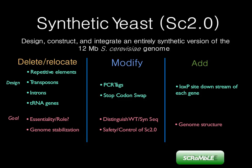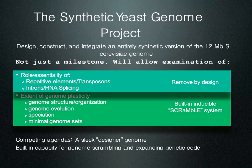So as I mentioned, we delete and relocate a lot of elements. So these are removed by design. So for instance, we remove all the transposons. These are the jumping elements in the genome that cause genome instability. And also we remove the introns to study whether alternative splicing is essential or not for the yeast genome. And most exciting